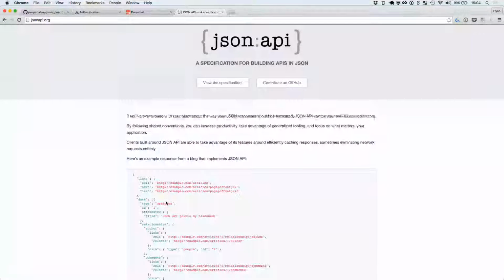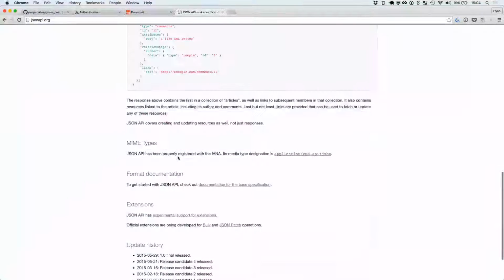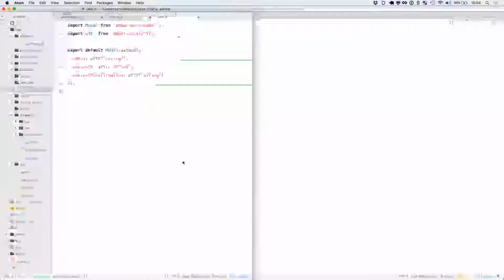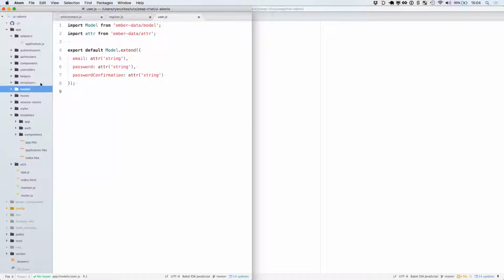Let's see. No, data type is pluralized here. Let me double check that there's not something that I'm doing special within